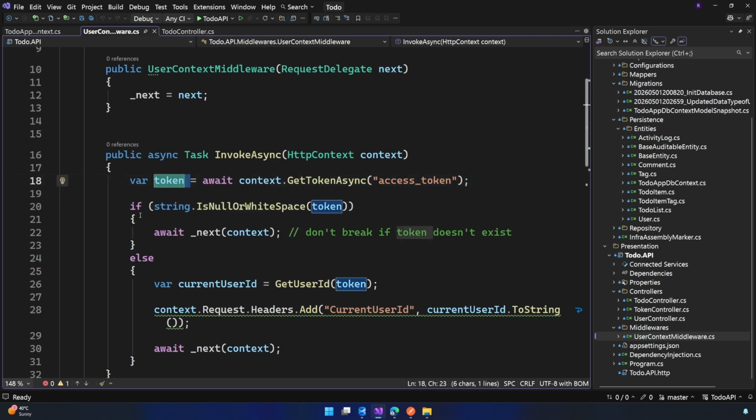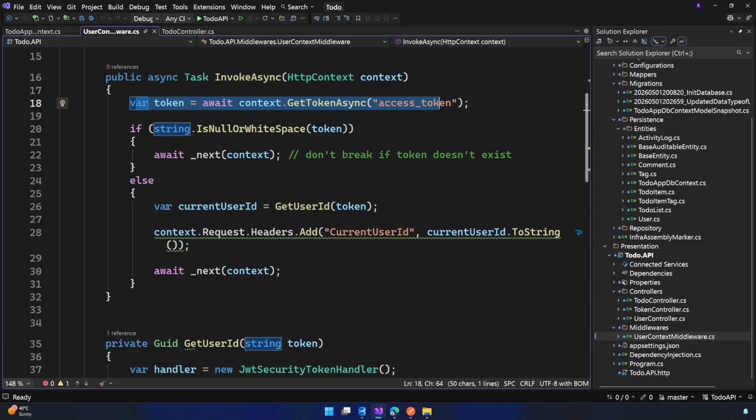So what I am doing is that if no token exists, because there are some endpoints which are not protected, like creating a new user or registering a new user, right? If the endpoint or my header does not consist of a token, then don't break the functionality, just work as it is. But if a token exists in my header, then we have to fetch the user ID from